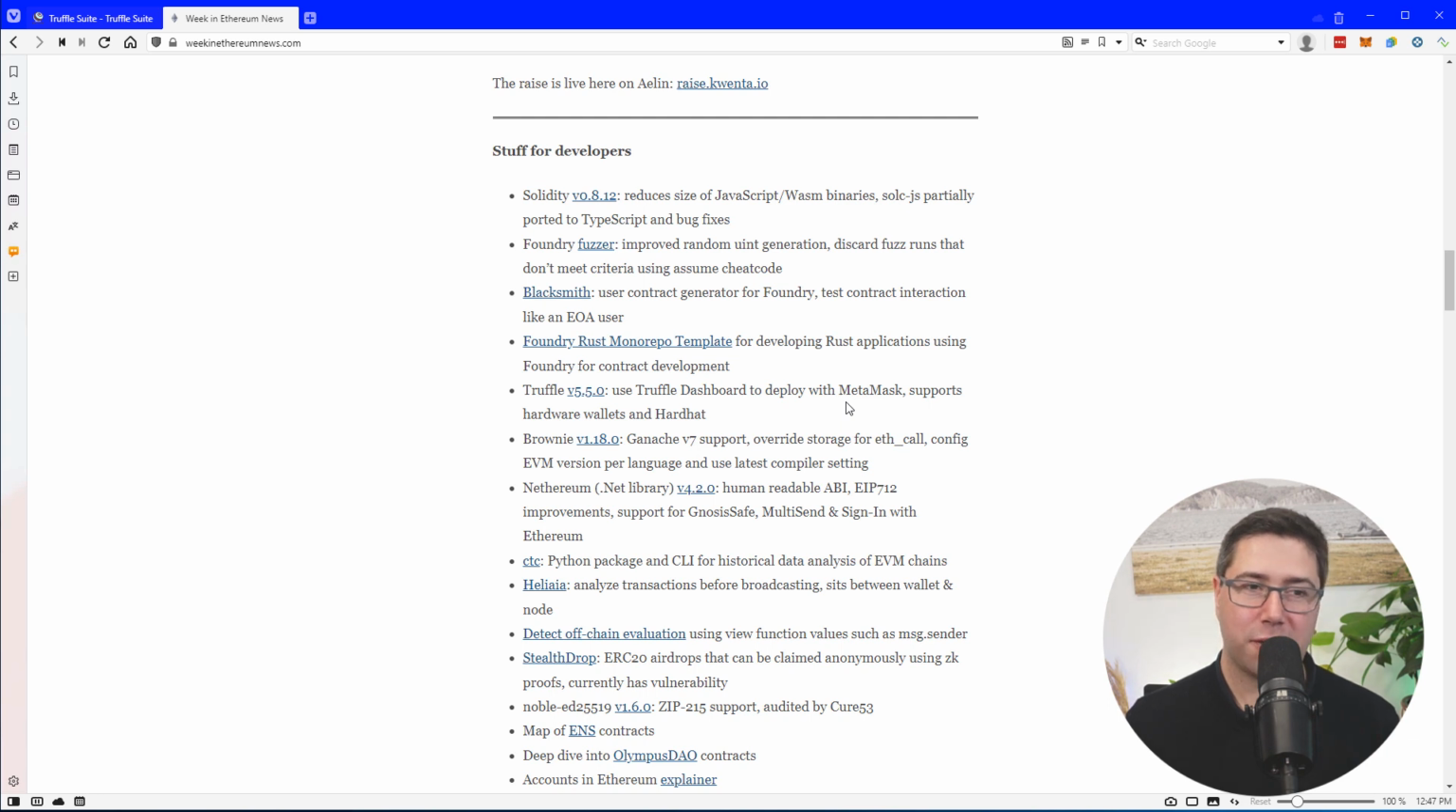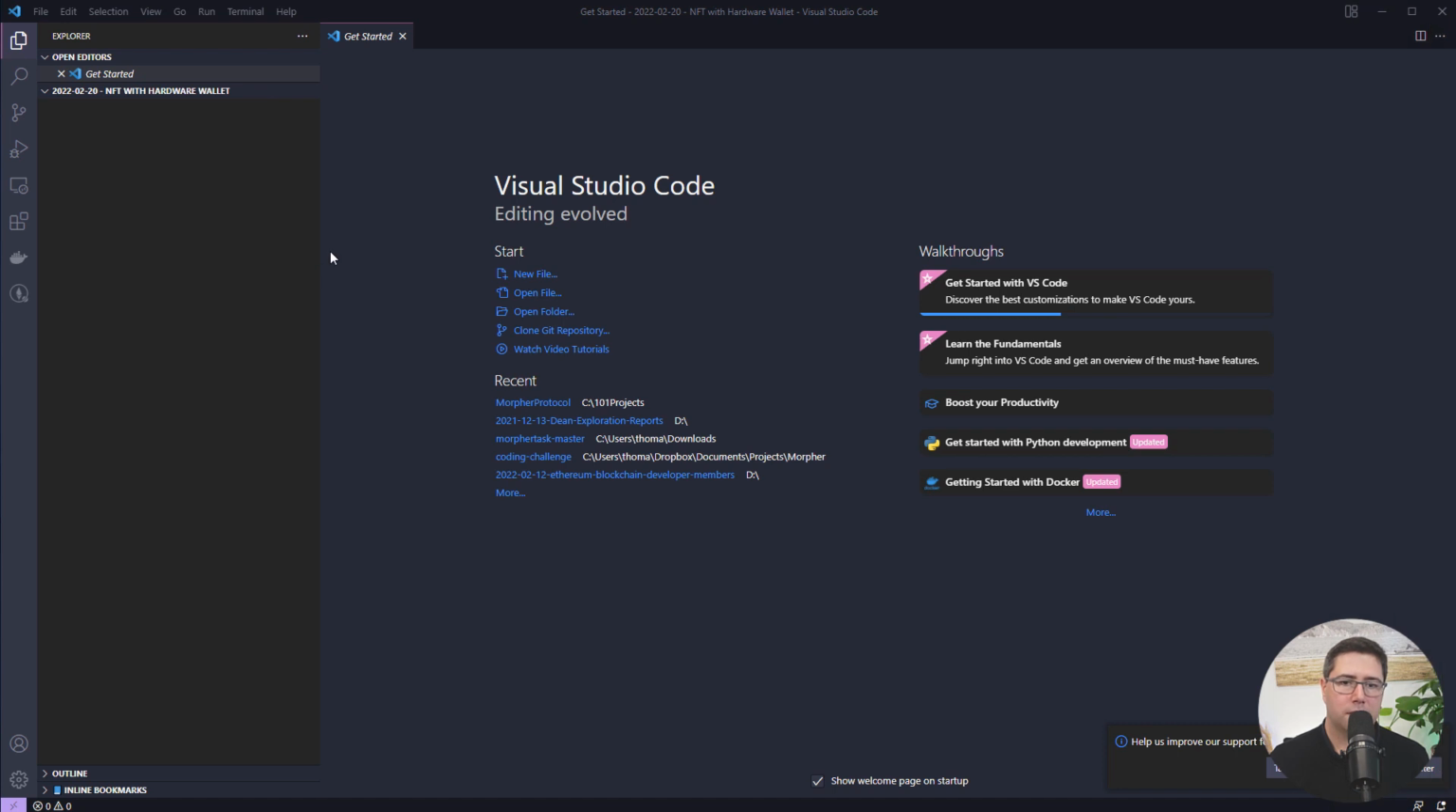I didn't do any preparation whatsoever. I'm just going to start from scratch with a new Truffle project, and I'm going to start this dashboard. I will see if it works. I'm going to hook up my Ledger Nano S, and I'm going to deploy, I don't know, an NFT, because that seems to be all the rage right now. So let's get started. Alrighty, I'm here in an empty folder, and I just named this NFT with hardware wallet,